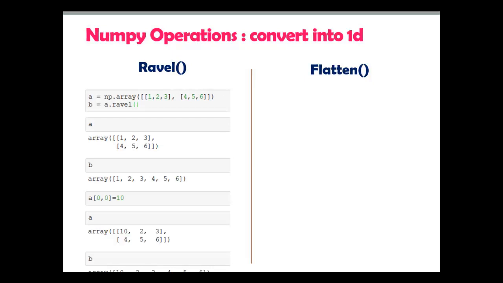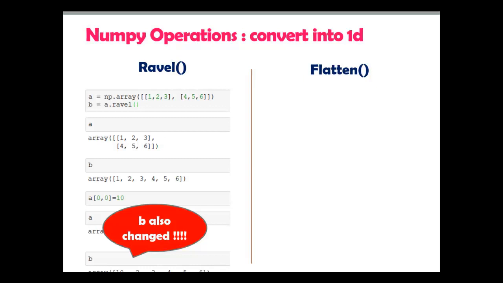Ravel returns only a view of the original array. Now you know view very well, that I covered very clearly in the last 2-3 videos. So what do you mean by view? A view does not own the data. Any changes made to the view affect the original array. So if we are using ravel and you modify the array, as you can see in this example, it will affect the original array as well.